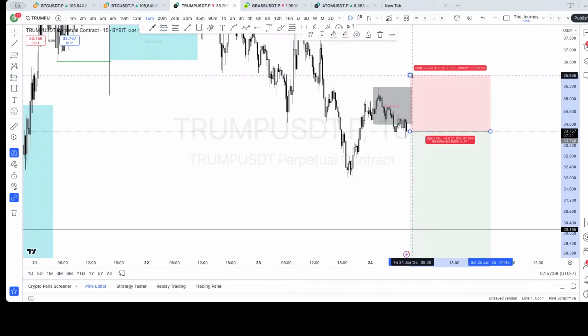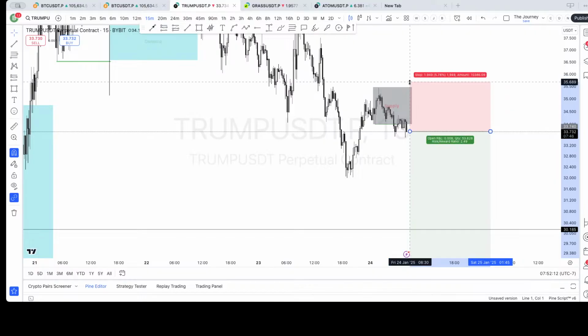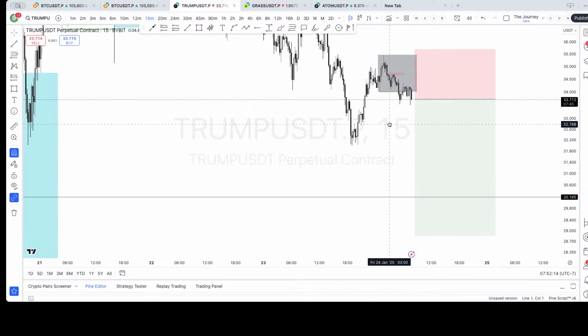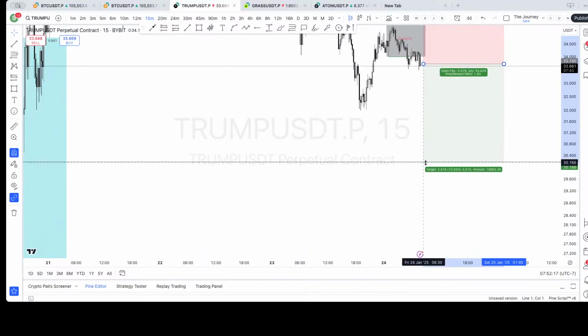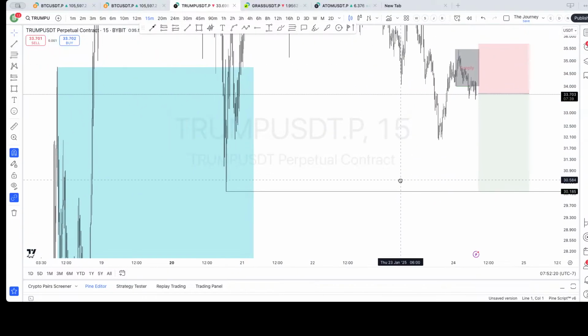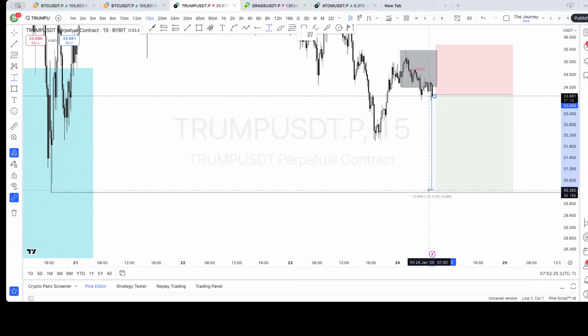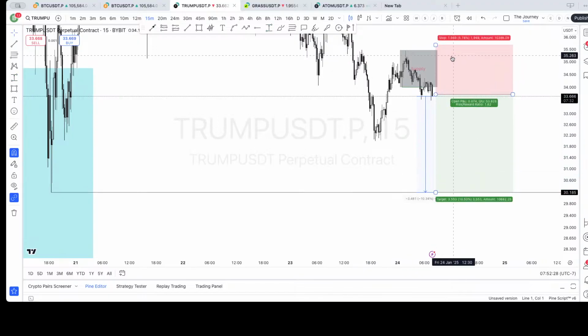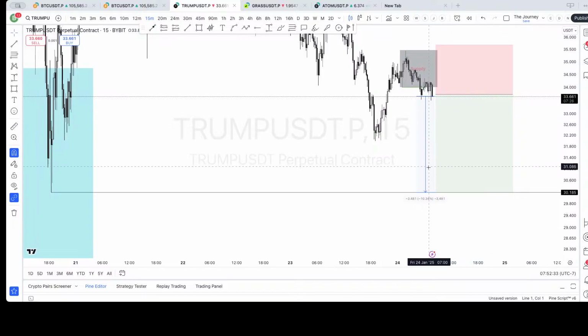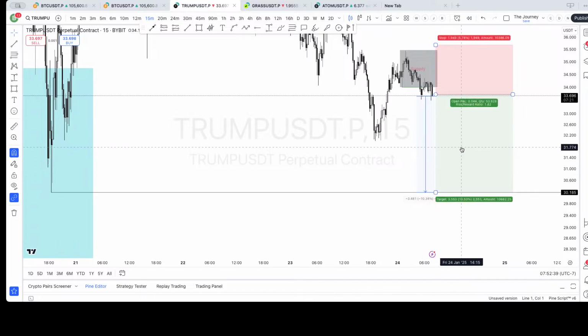See, if you enter here, you're going to end up with a 5% stop loss. You're only going to be at 1.82 to get to that low. I mean, sure, it's probably a lot of percents in movement, but if you're calculating to only risk 1% of your portfolio here, then you're only making $1.82 if it achieves this target. So yeah, sure, 10%, but for me, that is only risking $1 to gain $1.82. That's just the way that I trade, though.